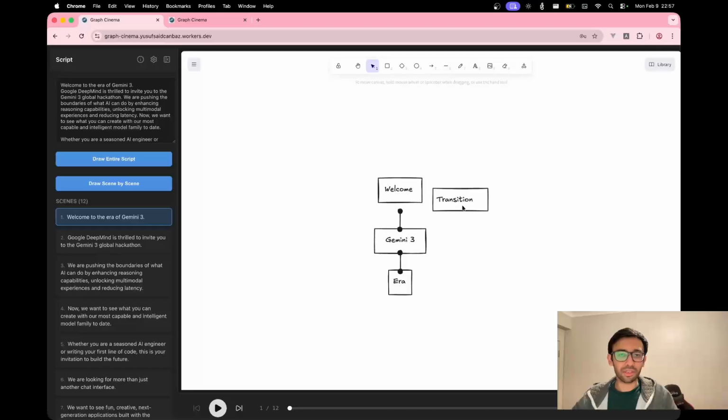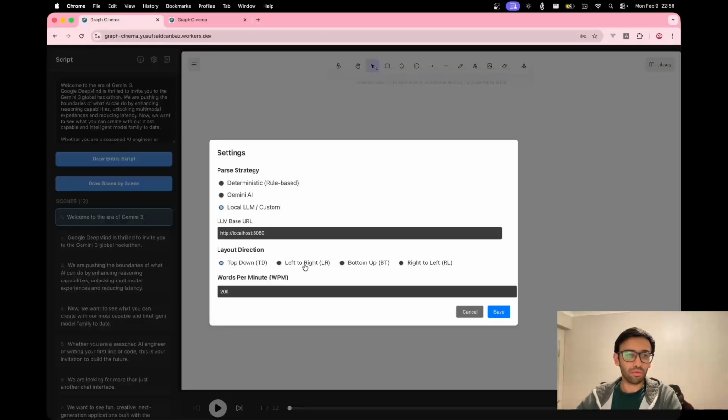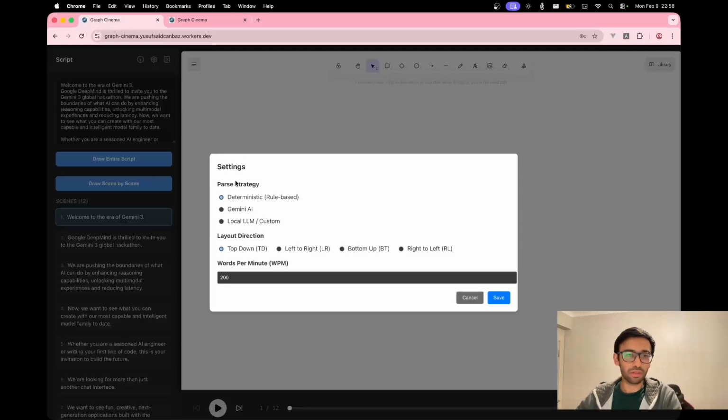Welcome Gemini 3 era. Yeah, it's not too good because it's not a big model. It generates something, but it purely depends on your LLM, how complex your LLM is, basically. I can show you one more thing with the deterministic rule-based